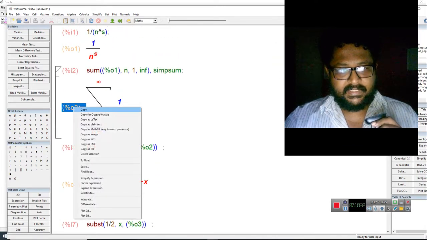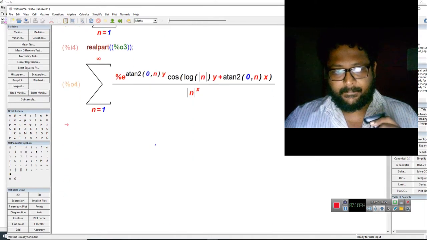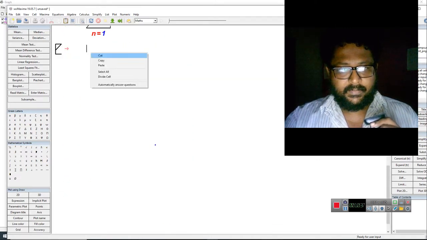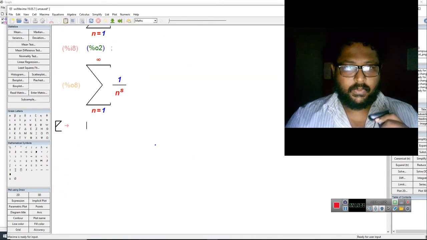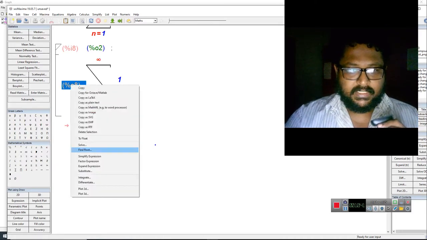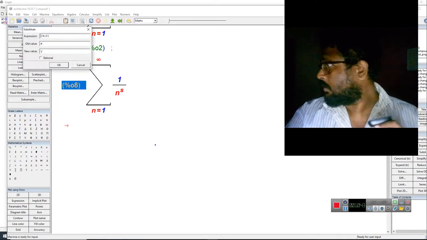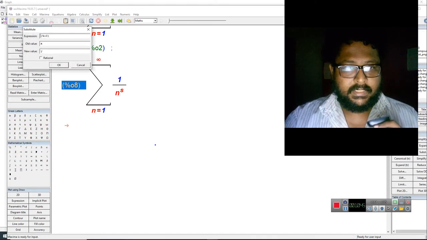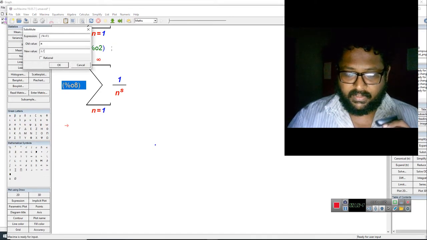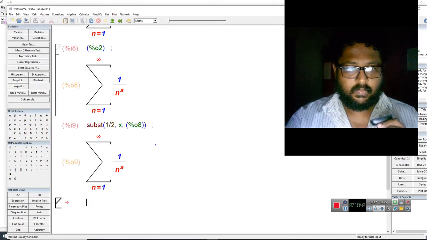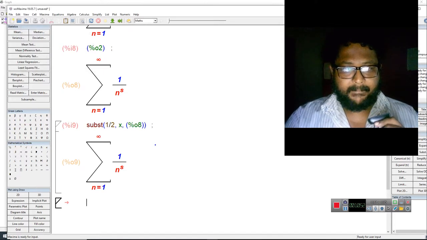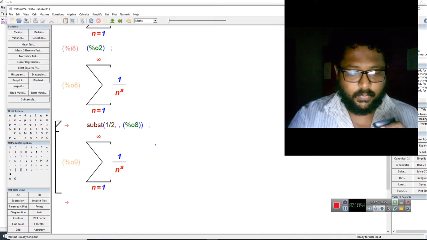Let me take this over here and plot it and show you clearly. Substitute x as 1 divided by 2. There is no x over here, so we are going to put s.